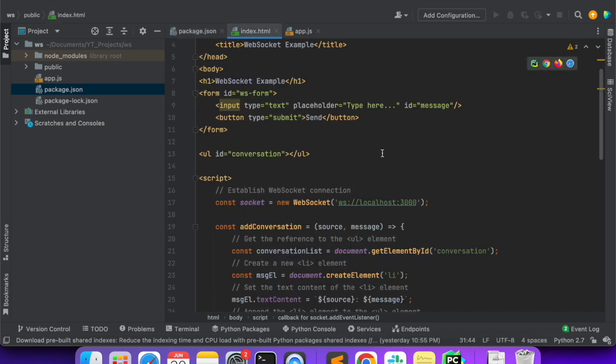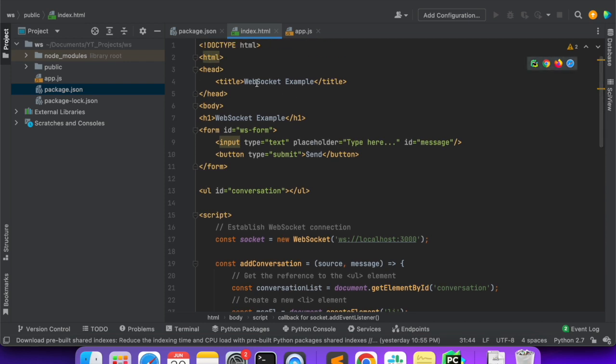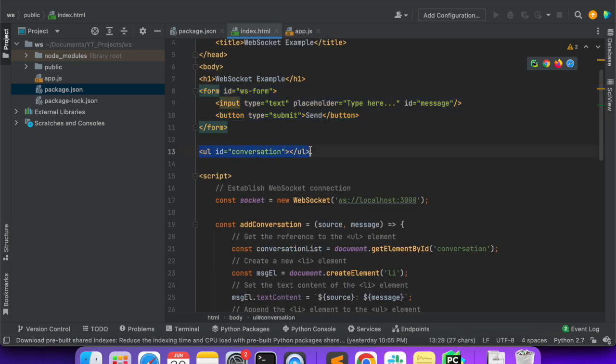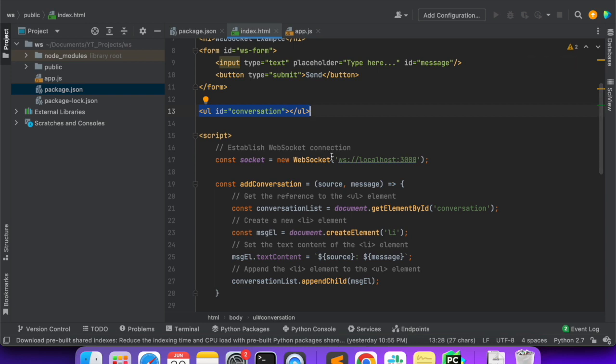In the index.html, you can see we have a form. On this h1 we have the form, which has an input and a button of type submit. Whatever messages or conversation is being done between the client and the server, I'm just putting here in the unordered list. Inside the script tag, we have this WebSocket connection being created